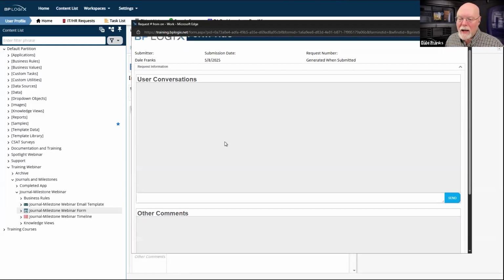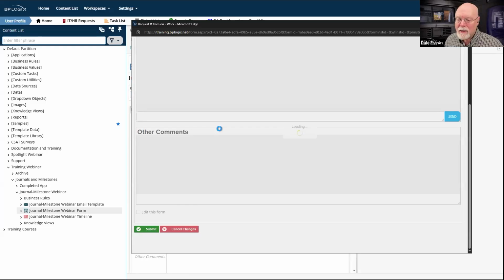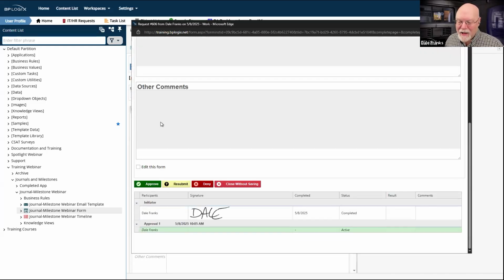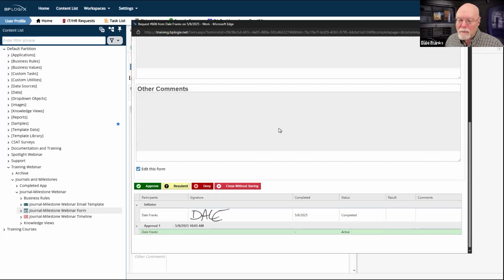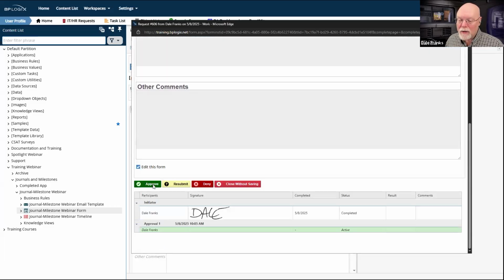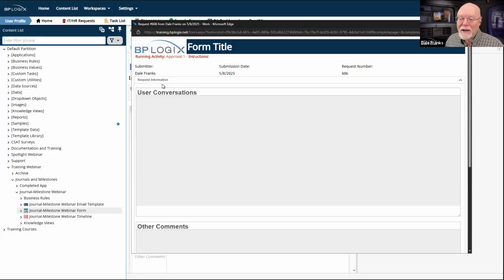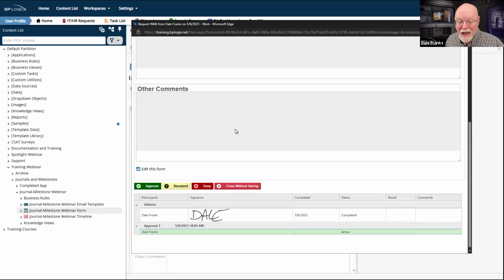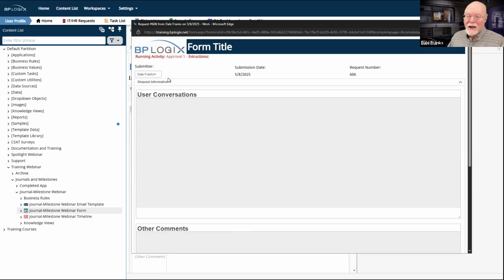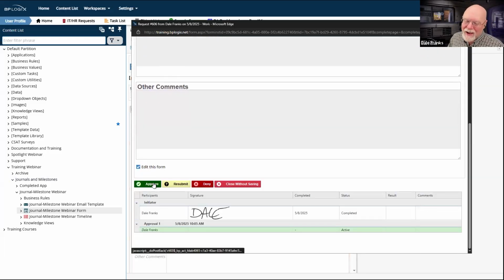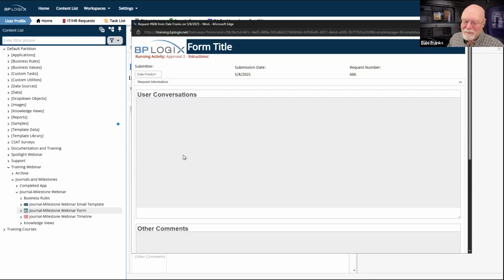So not editable, submit, and reload, not editable, click edit this form, editable, click edit this form again, not editable. Now let's click edit this form and oh, it won't change anything. If I hit approve, it'll still be checked. I just won't be able to uncheck it. So now my submitter thing is permanently editable.